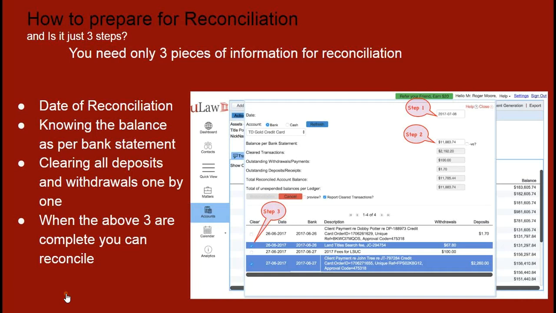Now, we spoke about how the reconciliation report needs to look like, what are the data elements that both trust and general reconciliation reports carry. Now we're going to talk about how you prepare for these reconciliations, and the key aspect, again, you see